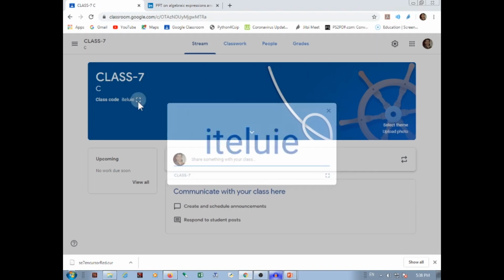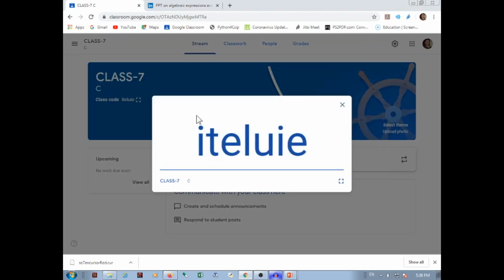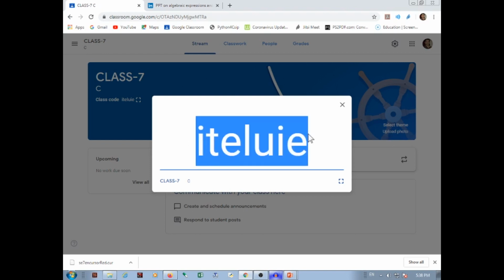Click on this box, and you will get a larger view of it, and then you can copy it, or take an image or a print screen, any way you want, and send it to the students to join. For example, I want to take this one. Okay, I have taken this.